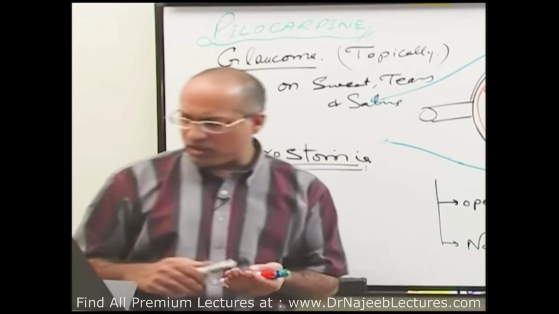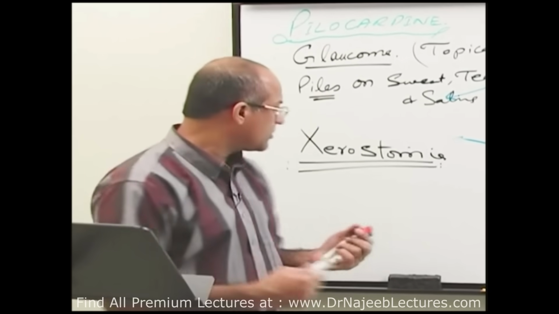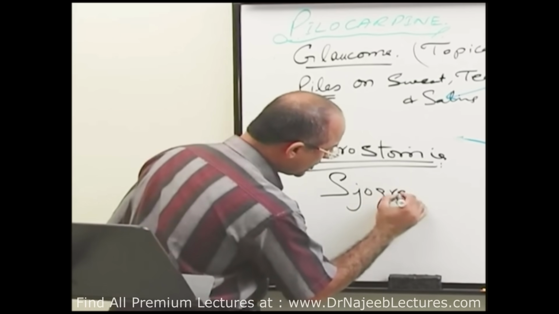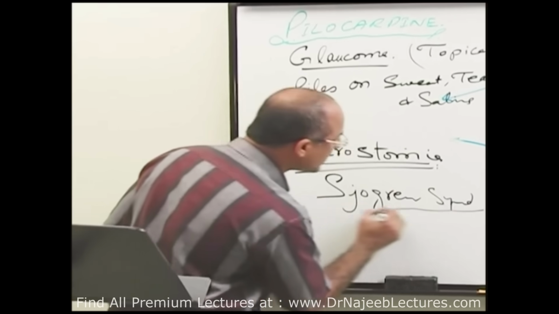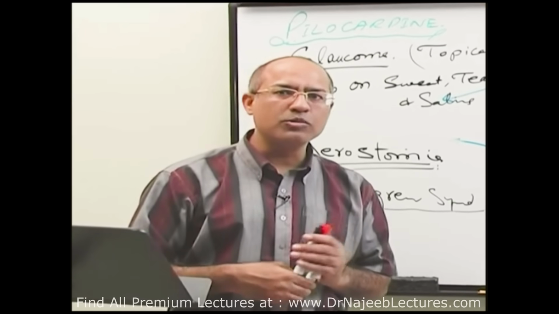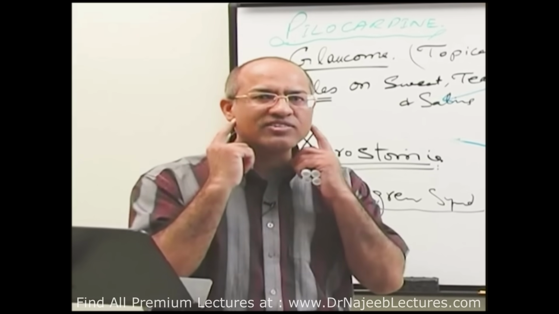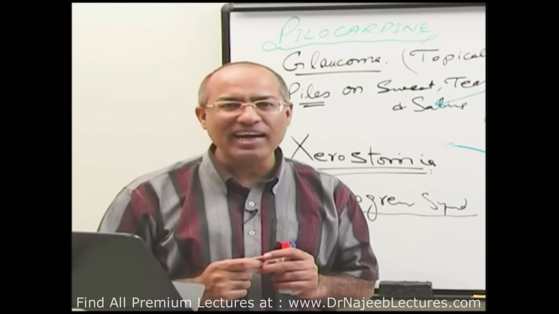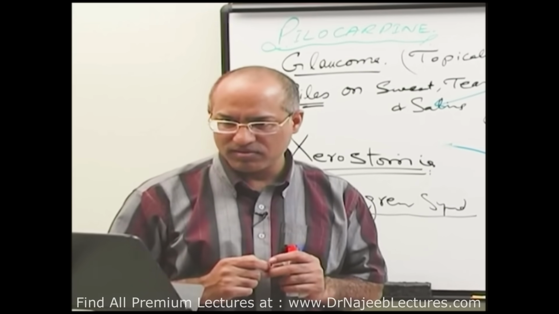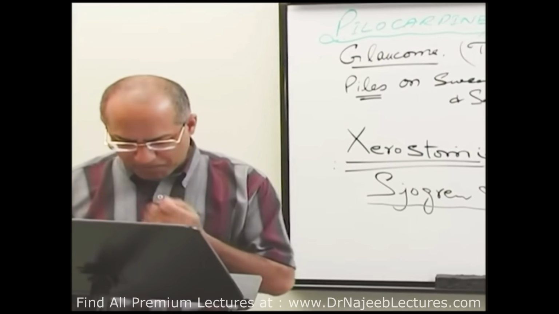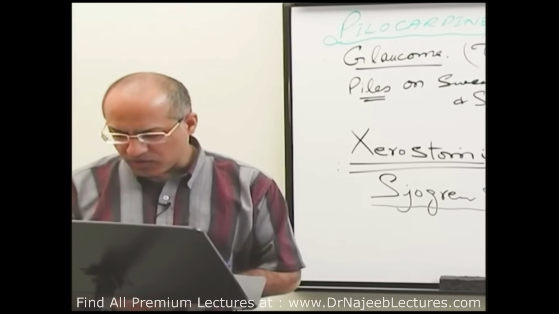Another condition where we use this is Sjogren syndrome. This is an autoimmune disease, more commonly in females, where the autoimmune process destroys the salivary glands and lacrimal glands. You can imagine these females. They have dry eyes and dry mouth, right? In this syndrome, for these patients, also we can give pilocarpine or another new drug which has a longer lasting duration of action,